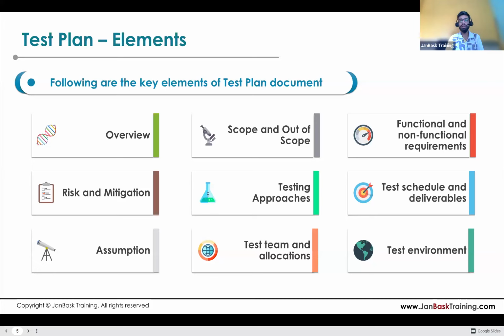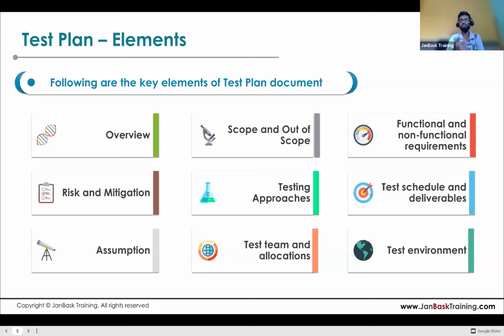Then finally, once you are doing the test closure, what are the documents that will say that okay, the testing is done from our end, this is the list of defects that we have found, and these are the list of defects that have been closed or retested by our testing team. And finally, if you have some open defects that won't be fixed in this release, but those will be released, so